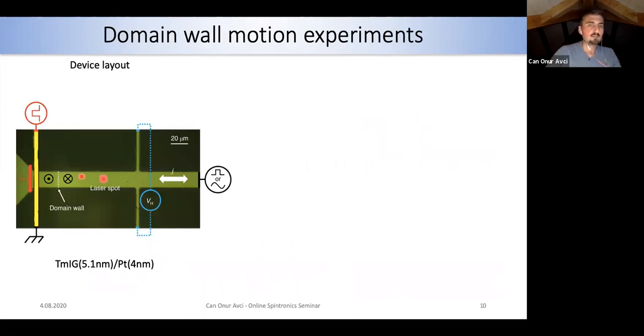Let me briefly explain my device. Here I'm using a device where I can nucleate a domain by using a nucleation line. I'm not able to use a wide field mode, so I can only measure the magnetization using a local focused laser and the magneto-optical Kerr effect. But I can use it in a scanning mode, so I can measure in different places in the device. We need to be careful when doing this kind of measurement because the domain wall could come from different places in the device. So control measurements are extremely important if we are not able to visualize the domains in this device.